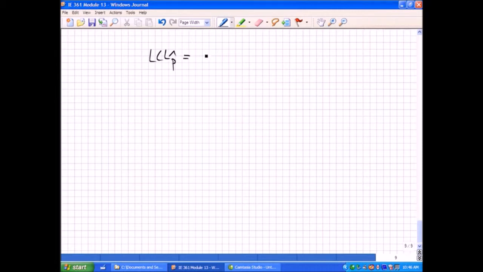So the lower control limit becomes 0.0308 minus 3 times the square root of 0.0308 times 1 minus that. You put that over 400,